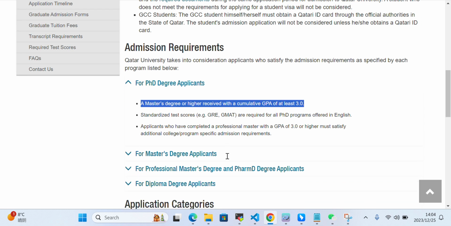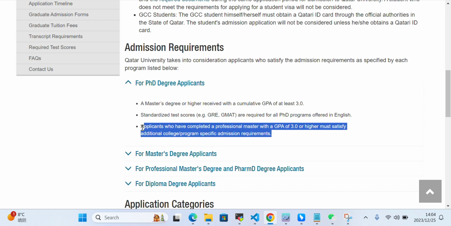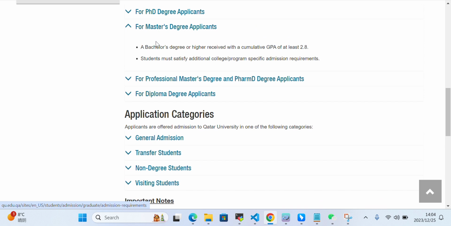A standard test, for example GRE and GMAT, is required for all PhD programs offered in English. Applicants who have completed a professional master's with a GPA of 3.0 or higher must satisfy additional college or program requirements. Similarly, these are the requirements for the master's degree program.